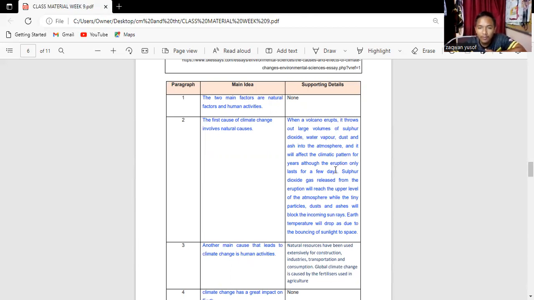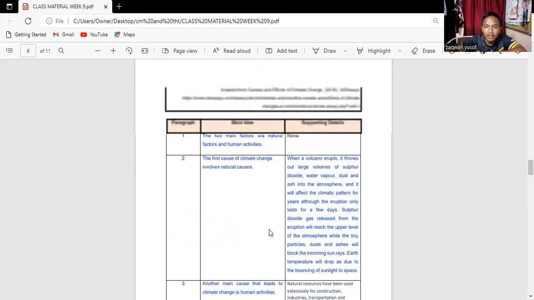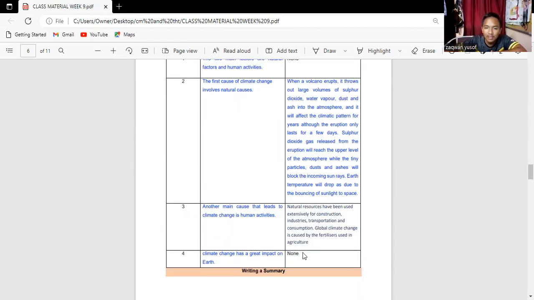Sulfur dioxide gas released from the eruption will reach the upper level of the atmosphere, while the thin particles of dust and ash will block the incoming sun rays. Earth's temperature will drop due to the bouncing of sunlight to space. Okay, the paragraph 3, the main idea is another main cause that leads to climate change is human activity. Okay, the supporting detail is natural resources have been used